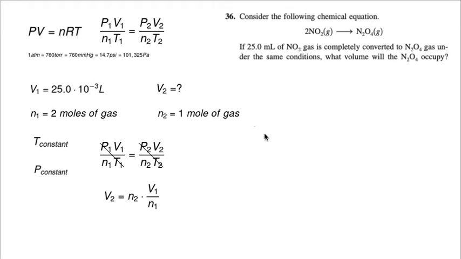Next problem. 36. Consider the following chemical equation where 2 NO2 gas yields 1 N2O4 gas. If 25 milliliters of NO2 gas is completely converted to N2O4 gas under the same conditions, what volume will the N2O4 occupy? So again, this volume is our V1, and we are solving for V2. And it appears as if there's no other piece of information, but it is completely converted. So in this equation, we have 2 moles of NO2 gas, and we are completely converting that to 1 mole